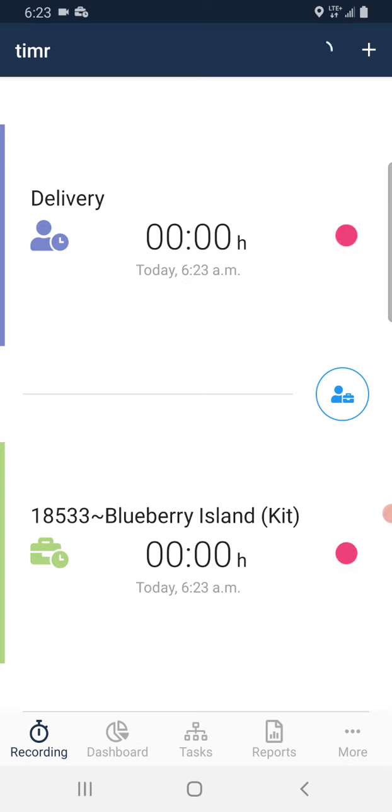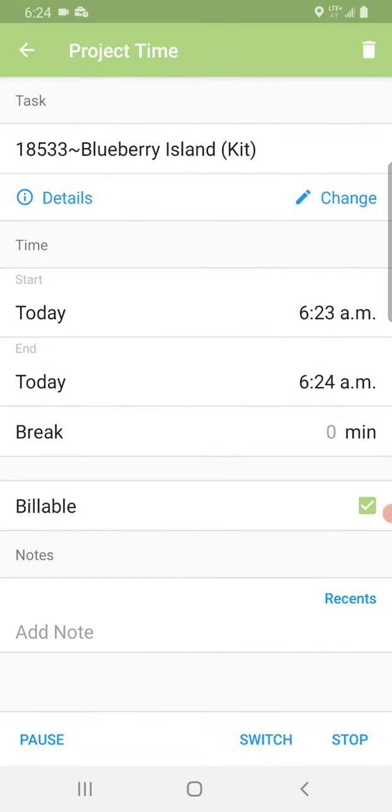Now, as you go throughout your day, whether you're installing or delivering or in the shop, you're going to say, oh, I'm going to switch jobs now. I'm going to work on a different site or a different job. So you'll only click the bottom square. So the bottom clock there, you'll see it just turned to 1 minute. I will click that. At this point, I will press stop. Now notice it has your start time 6:23 a.m. and end time 6:24 a.m. So when I push stop,